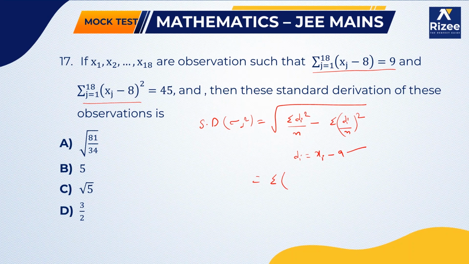di square, xj minus 8 whole square, by 18, the sum of the 18 observations, root over minus di by n whole square, where di by n we can write as summation of xj minus 8 by n whole square, which can be substituted as 45 by 18 minus 9 by 18 whole square, root over